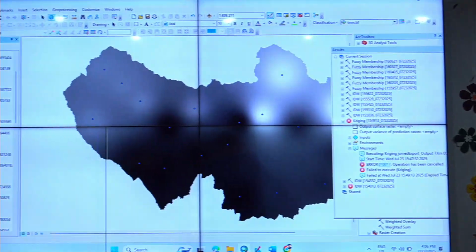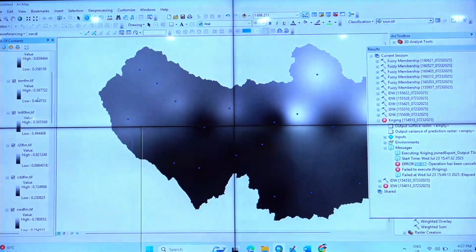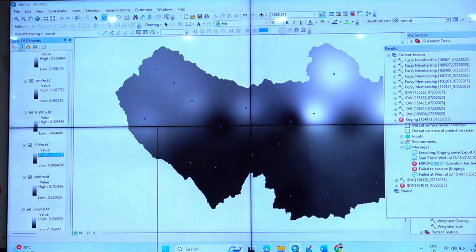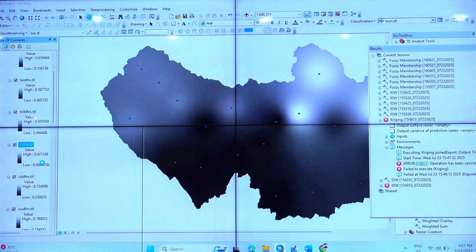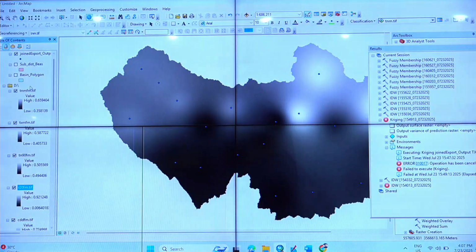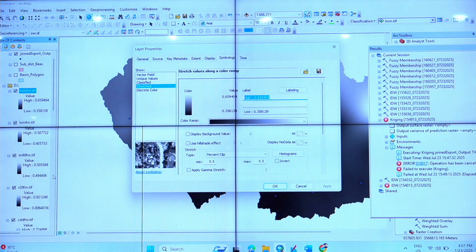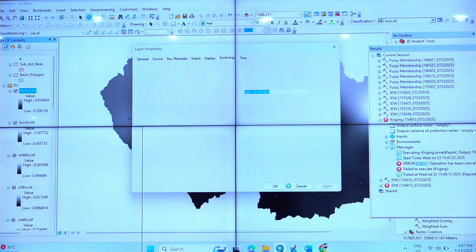Let me do it just for this one. I go here, go to properties. No, the top one is displayed, so I'll go for the top one. High is lighter. Right click on this layer, go to properties just to display. Value will not change, nothing will change. I go and say invert. Check this one, invert. So lighter is high here. If I check invert and apply, okay.